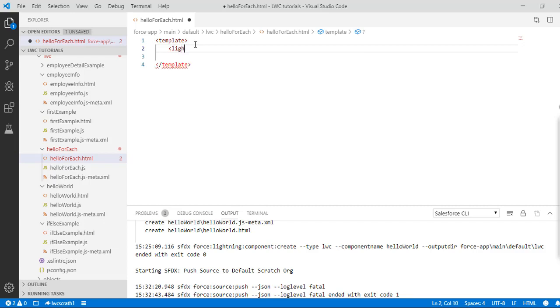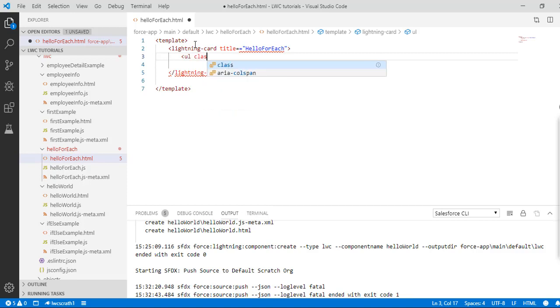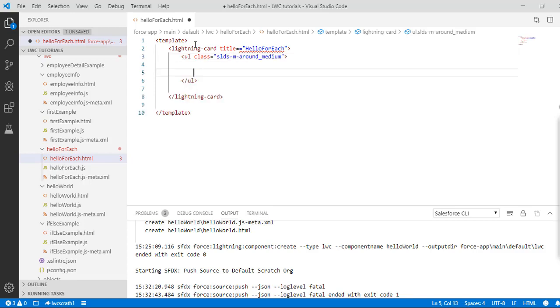Here I'll be using a lightning card, and the title, we'll call it hello for each. That's going to be the name. Inside of this lightning card, I'll be creating an unordered list, and the class is the CSS class, the same class dash around. In the unordered list, I will loop over. So I'll be using template for each. This is the tag I'm using, and I'm iterating over this contacts property,